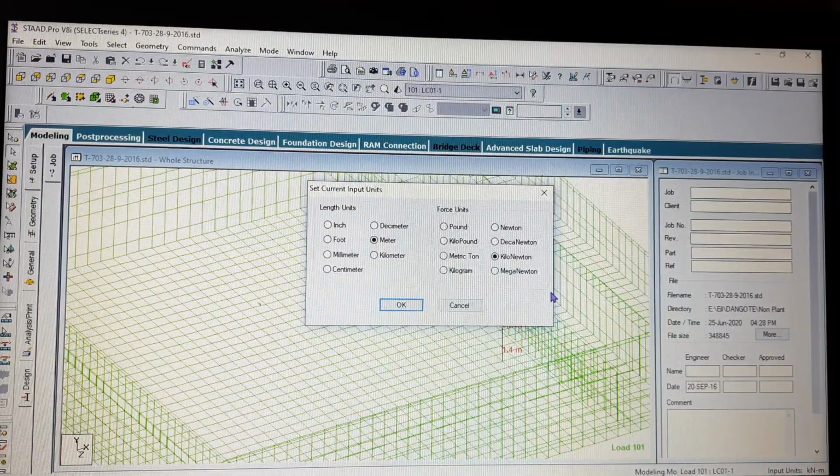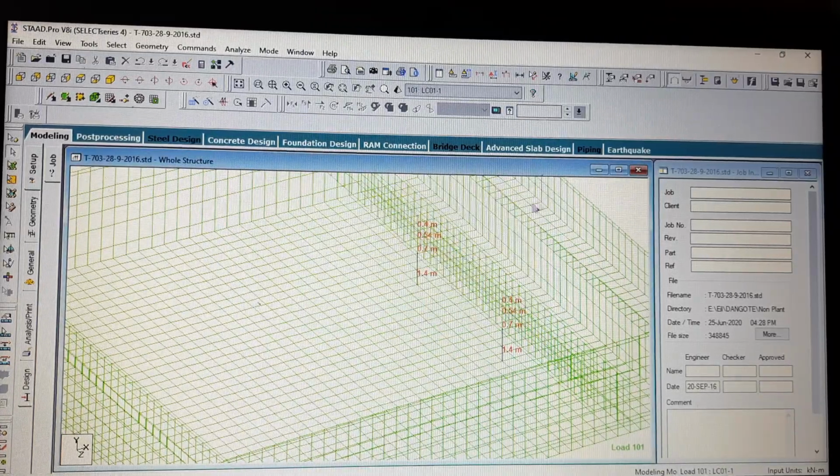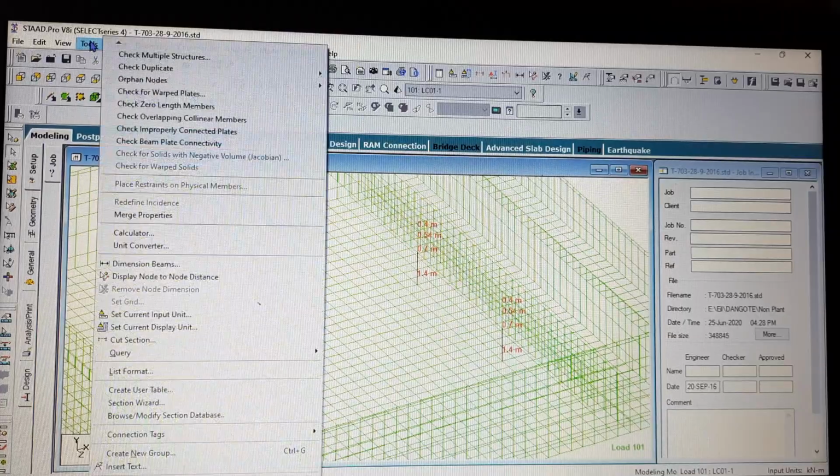So this is a functionality through which you can know which input length unit and force input unit you are going to use to model a structure. So this is a representation of that functionality also. Next is your